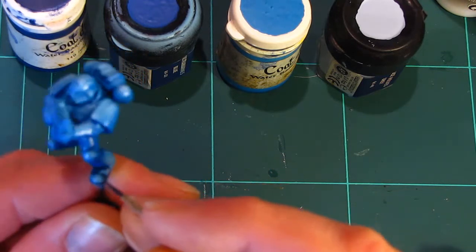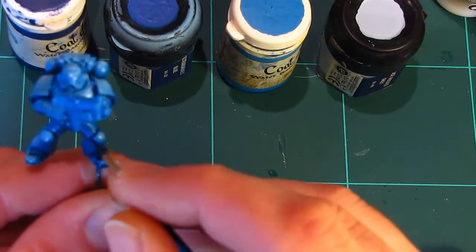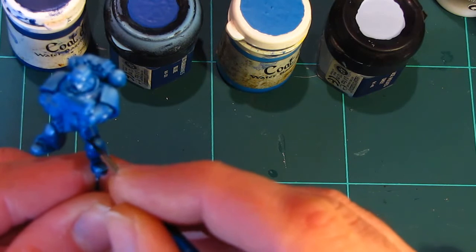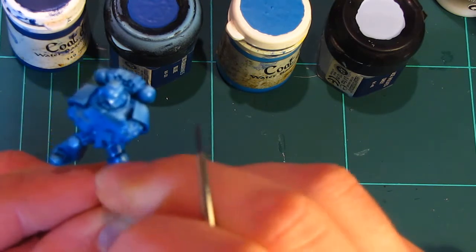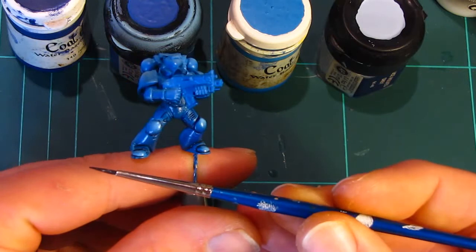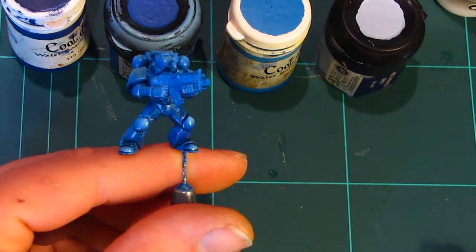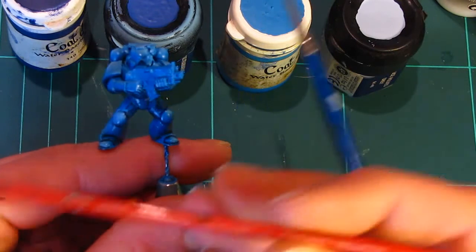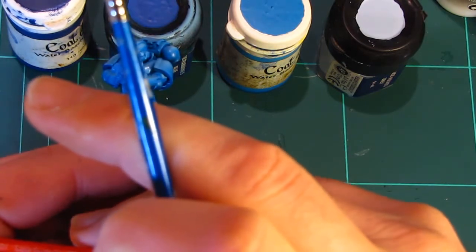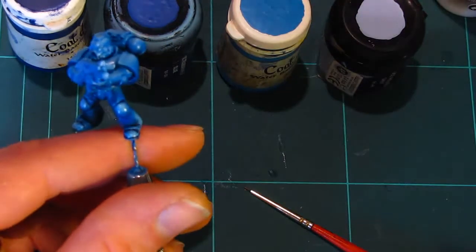I'm not much of a lover of it for some reason. I think it's just due to my oil paints, to be honest guys. It takes a little bit longer to dry, and I wait a hell of a lot longer. Usually I use a lot of thinner brush for this purpose. This one's a 0, but sometimes I use something like a, what's this one? I think this is a quadruple 0, 4-0 brush. Yeah, this is a 4-0 brush. Actually, I might use that now,